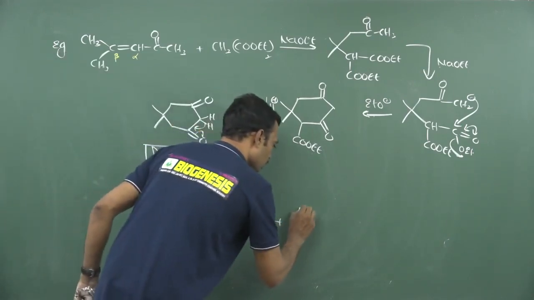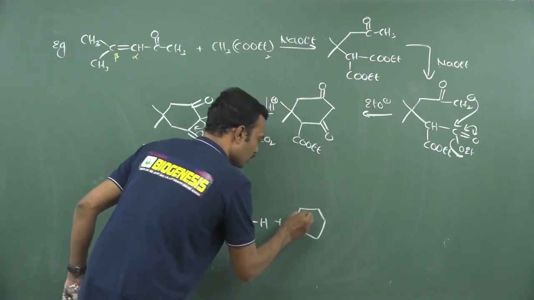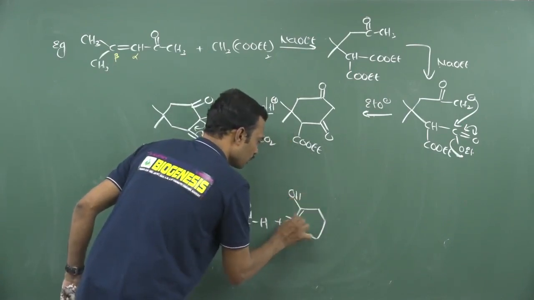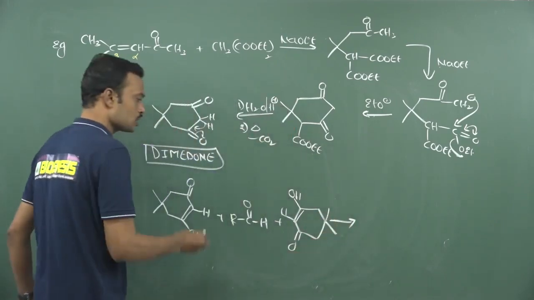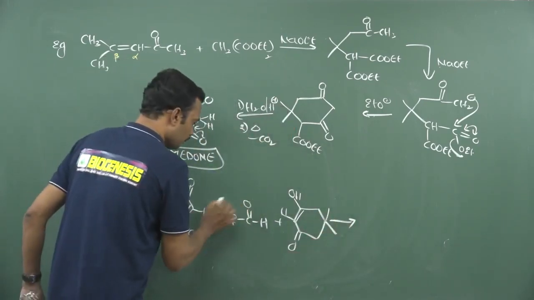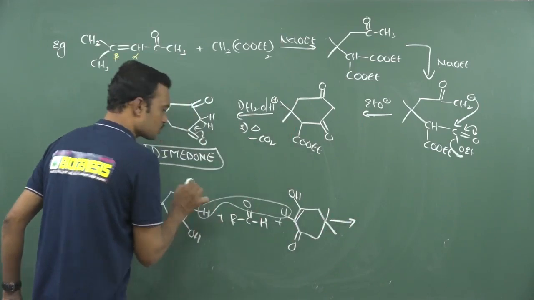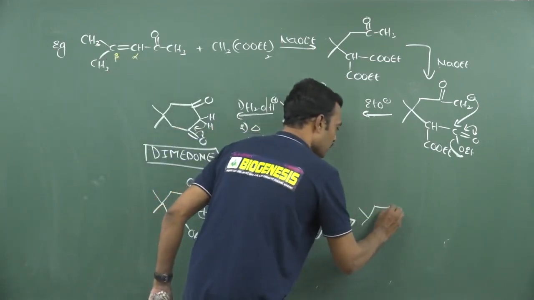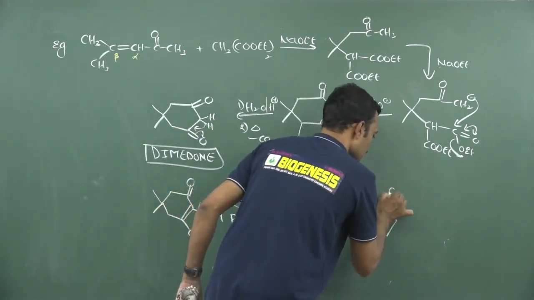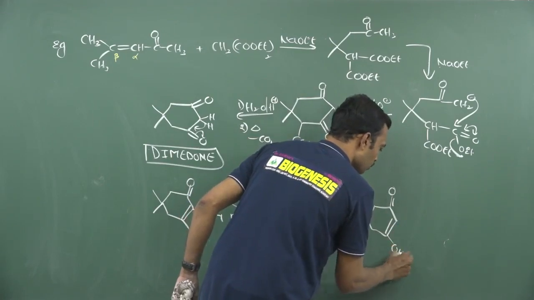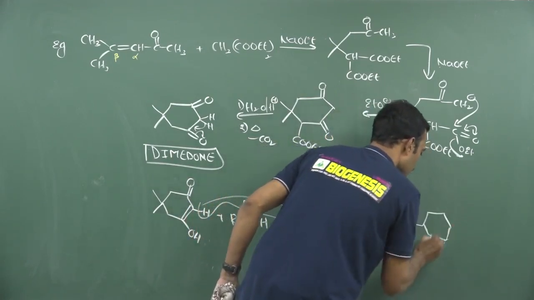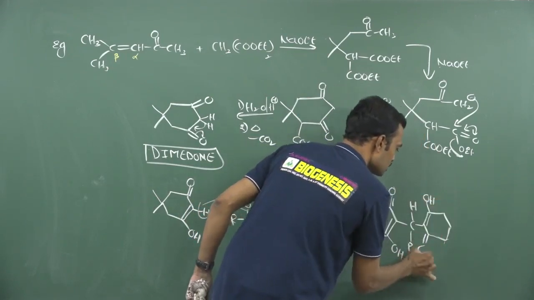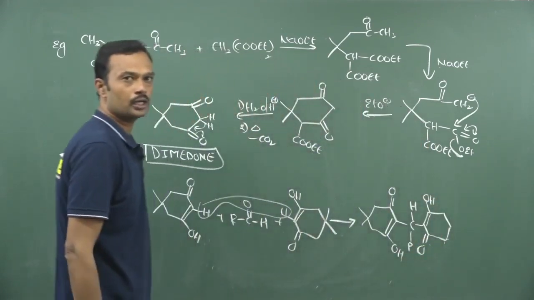Now I am taking one more equivalent here. So here I am writing hydroxy group, and here hydrogen and carbonyl group is given, and 2 methyls over here. This is a dimedone trapping an aldehydic oxygen. So once it is trapped, you may get this kind of product. This is C double bond, and here you will get OH, and this carbon having hydrogen, and this is R, and here one more hydroxy. This is the trapping of any aldehyde without ketone.